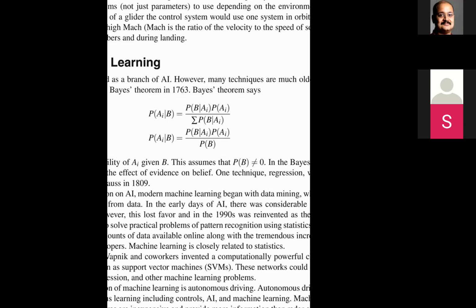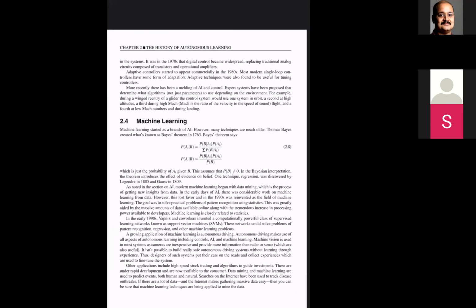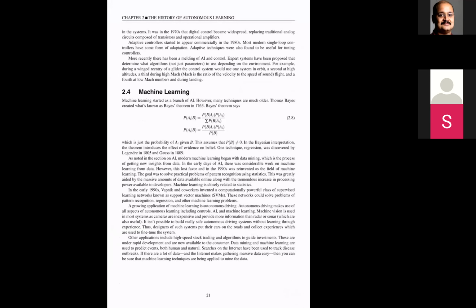But if you take classes in stochastic control, or classes in statistical machine learning, or classes where you have probabilistic data that you are going to analyze, then you would certainly use Bayes theorem to analyze this. So remember, Bayes theorem basically says what is the probability of A_i given B.